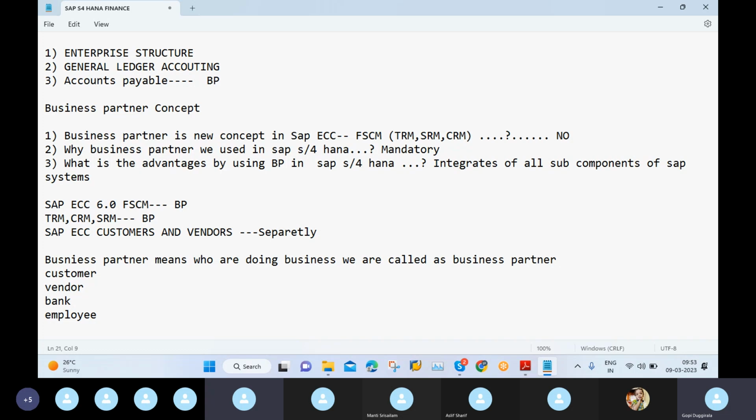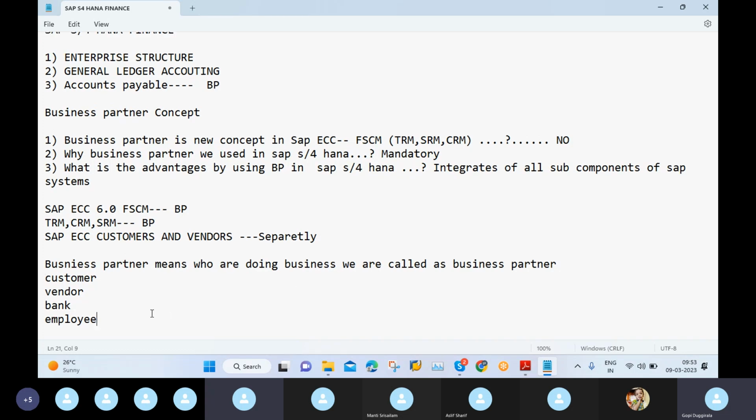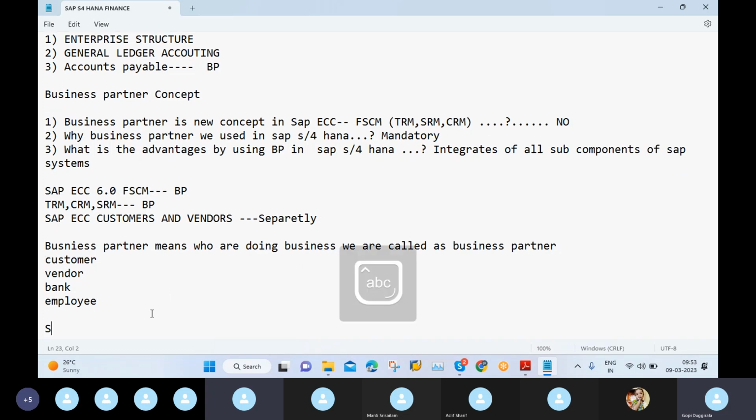But when it comes to another word, we have the word stakeholders. That is different. Please try to understand: stakeholder meaning is different, and business partner meaning is different. Stakeholder means